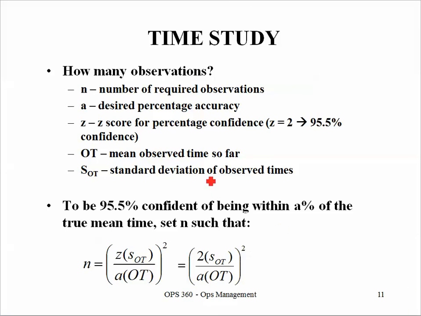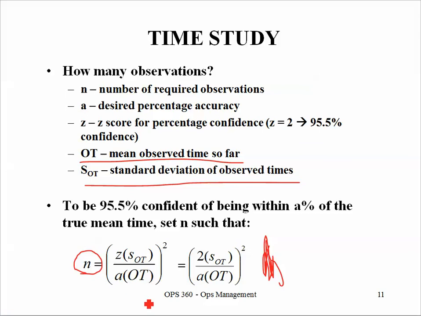So after my initial 30 observations, based upon the standard deviation of those observed times, as well as the mean observed time I got from those 30 observations, I can plug them into this formula down here